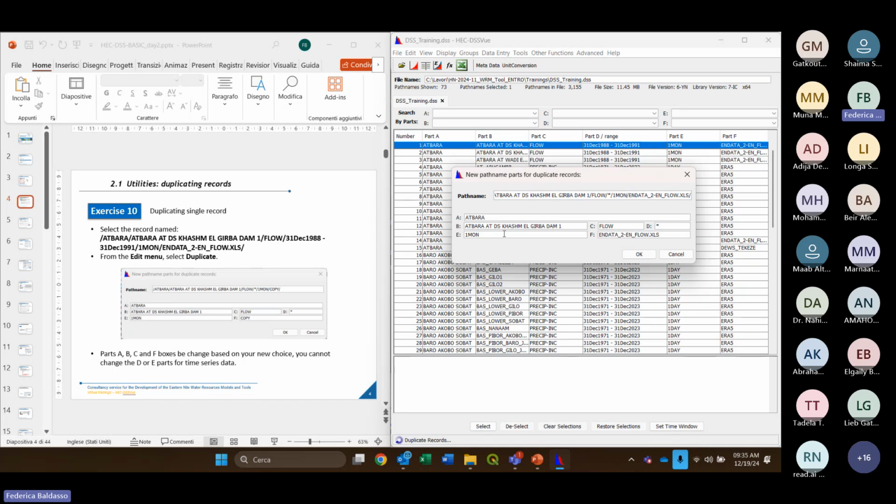So if the original one has a time step of 1 month, also the duplicated one will have a 1 month time step. But you can change, for example, the part F to recognize the new one from the original one. So let's try, for example, to rename it with a copy. So when you are going to confirm this operation